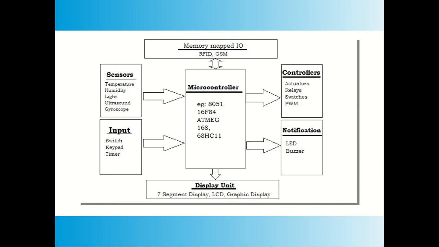Input. Your embedded system may require some data from outside, like in medical and healthcare units. The heartbeat of a patient is given as the input. The microcontroller processes it and shows the heartbeat on the display unit. If there is any emergency, a notification such as an LED or buzzer can notify the user of any emergency situations.